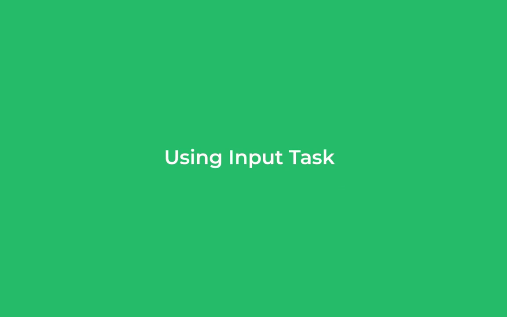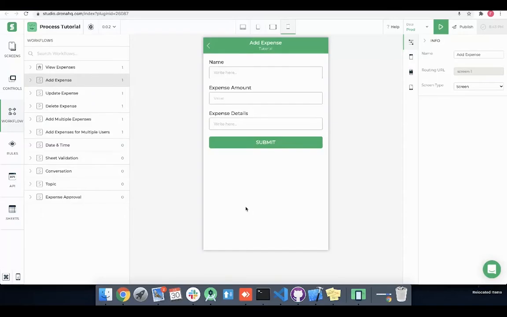In this video we are going to see how we can use the input task in workflows. Input task is usually used in business processes where you want to perform some input action based on the form submission. We are going to use the example of an expense form in which once the user fills the form, a request is sent to the manager for approval of the expenses, and then based on the approval we can